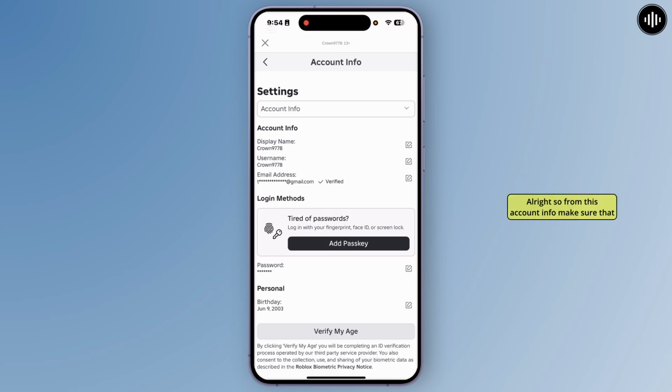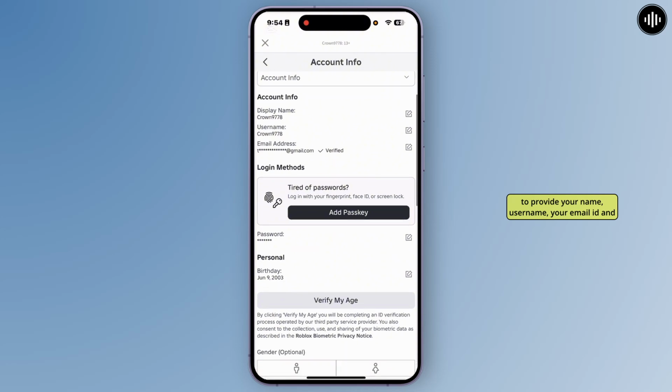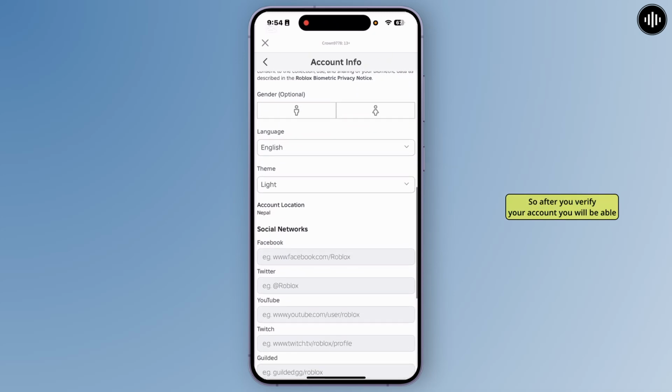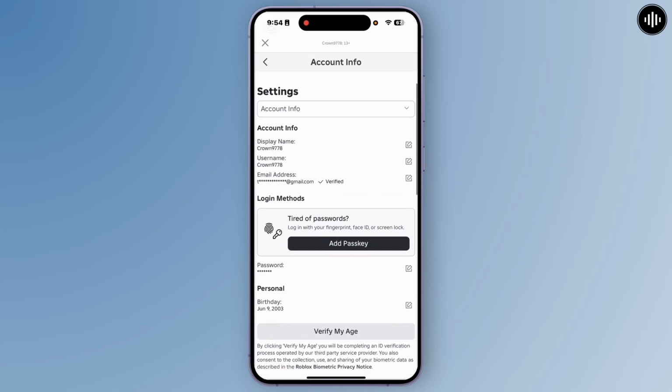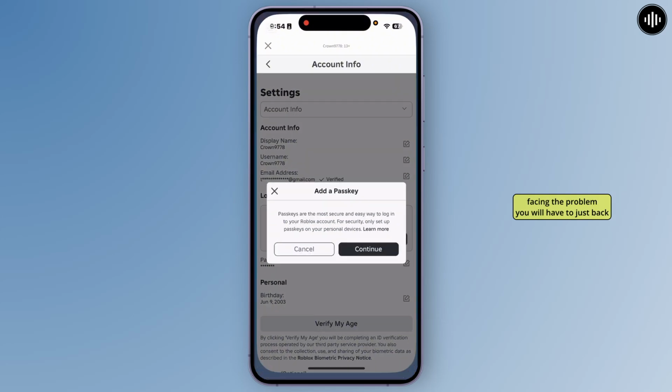From this Account Info, make sure that your account is verified. You have to provide your name, username, your email ID, and also you have to verify with your email ID or login method. After you verify your account, you'll be able to see your verified icon here. If you have verified your account and are still facing the problem, you'll have to just go back from here,